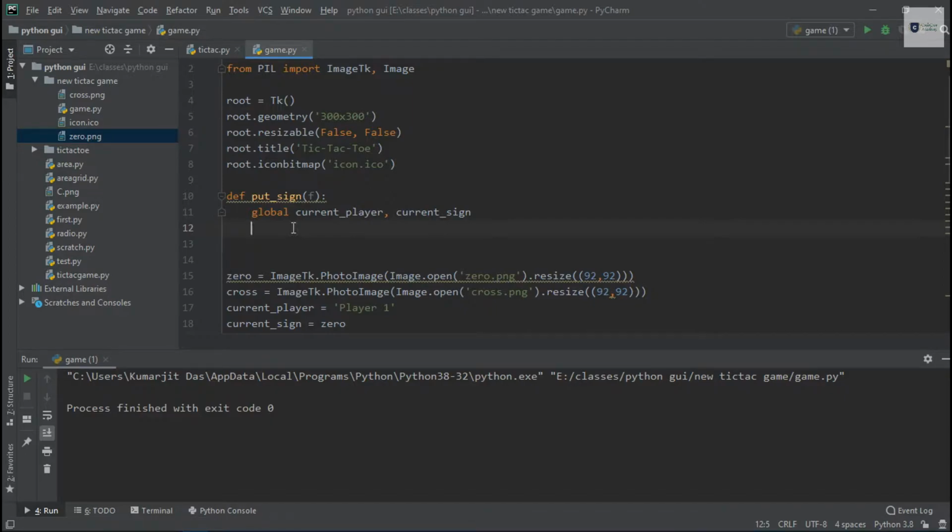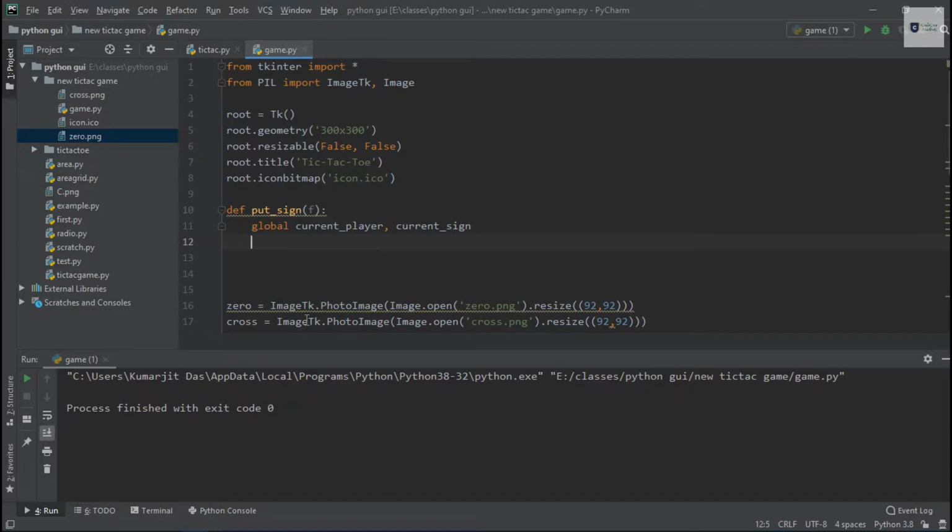So we need to check which frame this is, but before checking, I need to create a label to use the current image in my program. I need to load this current image in the currently clicked frame, so I need to create a label for that first. By using this label, I can put the current sign in the currently clicked frame. We need to put this label in the currently clicked frame, which is the f variable.